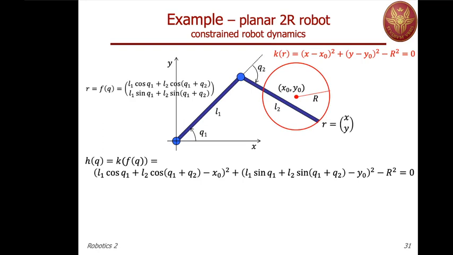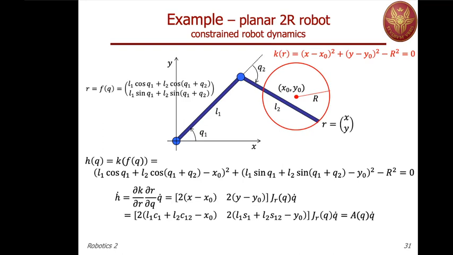So this is in fact the geometric constraint that the two coordinates q1 and q2 should satisfy at all times. And you see that in this structure there is both the kinematics of the robot but also the geometry of the constraint, all in one single scalar constraint h of q equal to 0. Now if we take the time derivative of this,